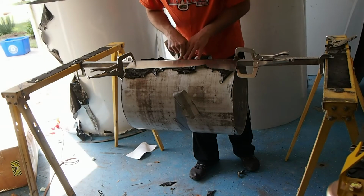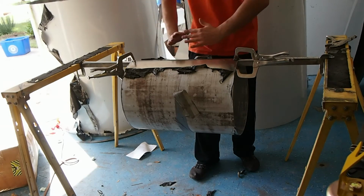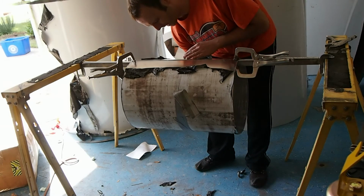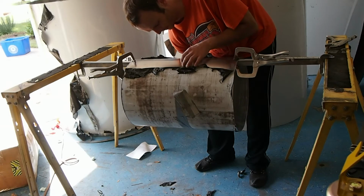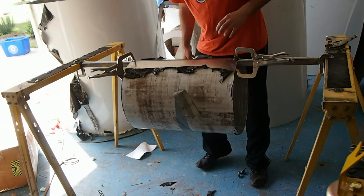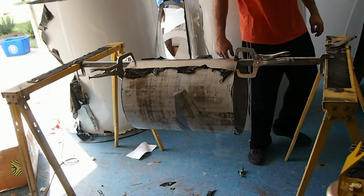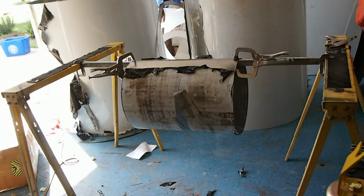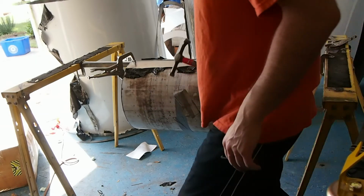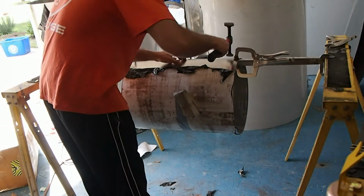There's still quite a large gap here, and instead of the cylinder being tangent, these two aren't really. What needs to happen is it needs to be lifted up and forced in, kind of like that. And so now what I'm going to do is get a hammer. I've got some body hammers here. This one. Go ahead and tap this. Make sure the seam is